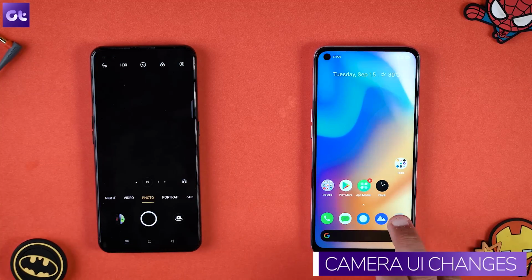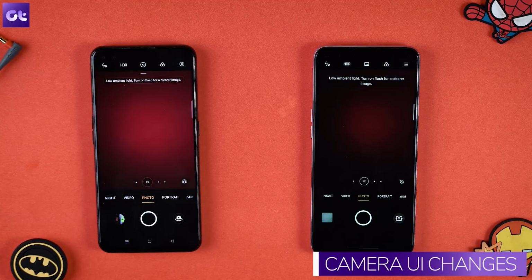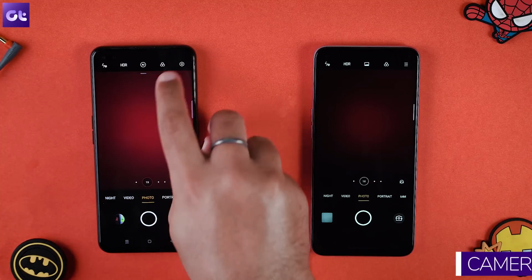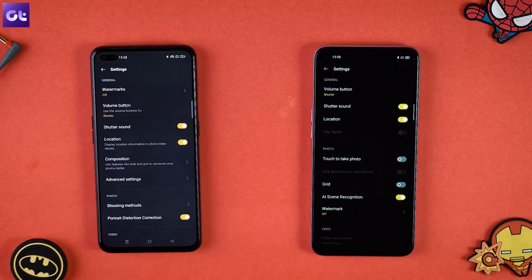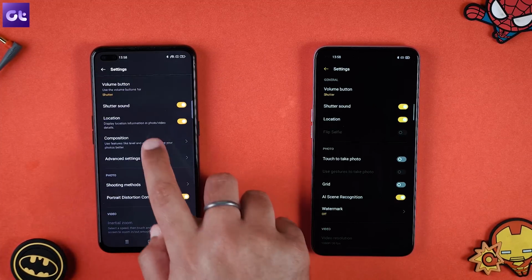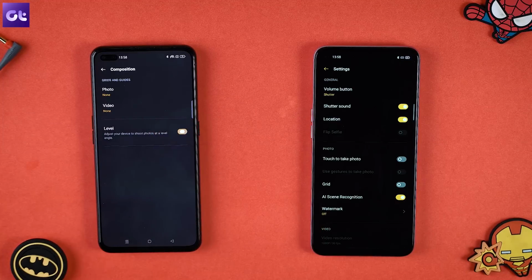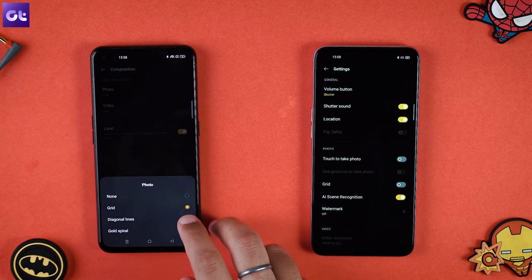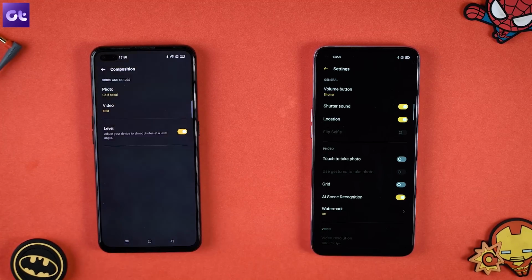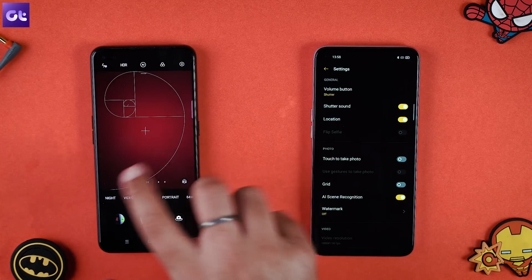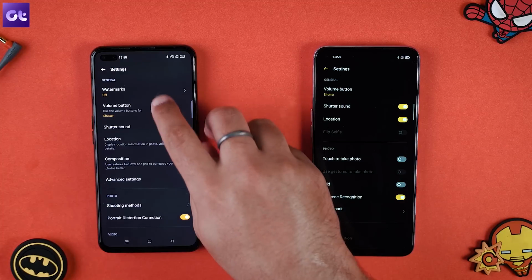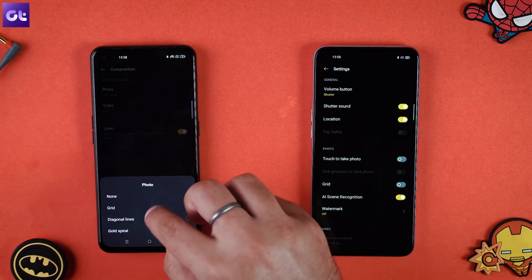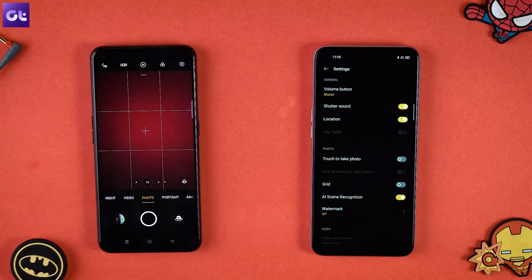Now, another new feature is with the camera UI. On the whole, it still looks the same, but there are some new features added here. So let's say you go to settings, and the one biggest advantage here is this new composition menu. What it does is that it will show you a level field. So basically you can have a bubble level that will show that your phone is straight, and you can enable grids for your photos and videos, which is another plus point. So you can have the grid or the diagonal lines, or even the golden spiral for your photos, something like this. So yeah, if you're super serious about your photography, composition helps quite a lot. I still prefer the normal grid lines, but it totally depends on your shooting style.